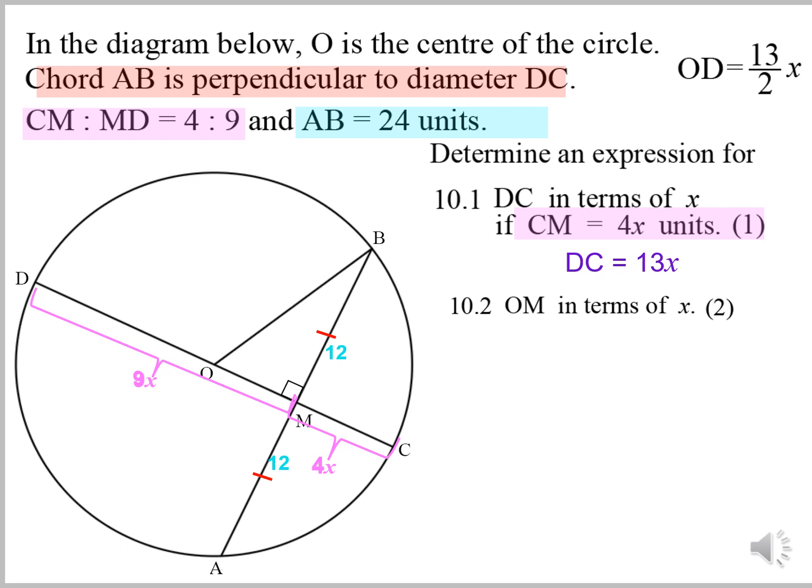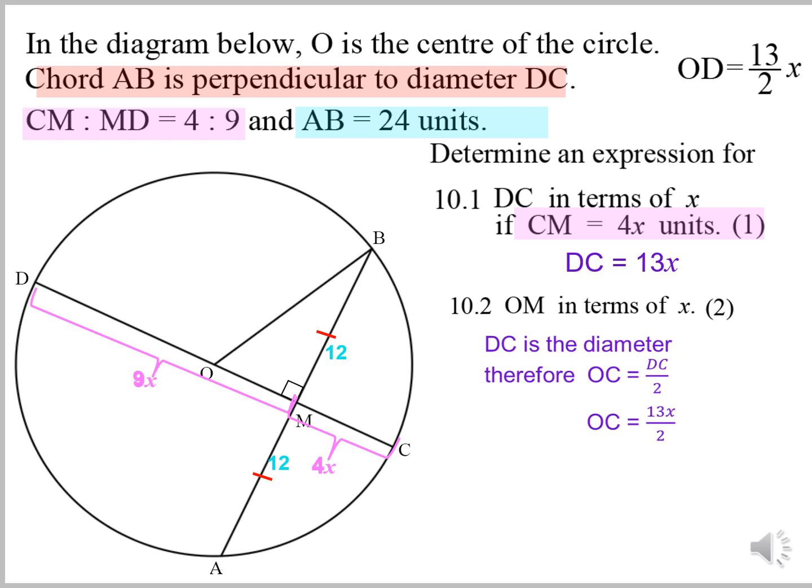Then what else do I need? I need to find OM, from O to M. Now, important here, notice that DC is the diameter of the circle. From point D up to C, that is the diameter. So the diameter divided by 2 will give us the radius, which is from O up to C. So you divide the diameter by 2. The diameter is 13x. So dividing 13x by 2 will give us 13x over 2, which is the value of